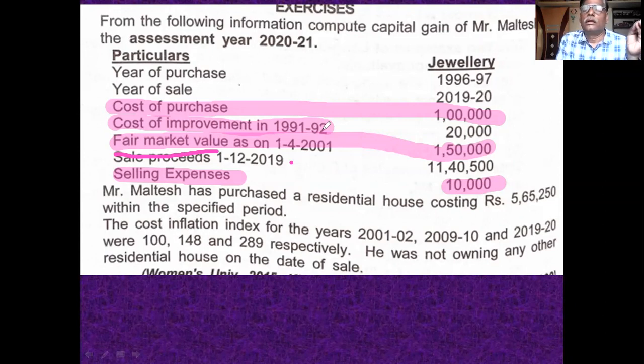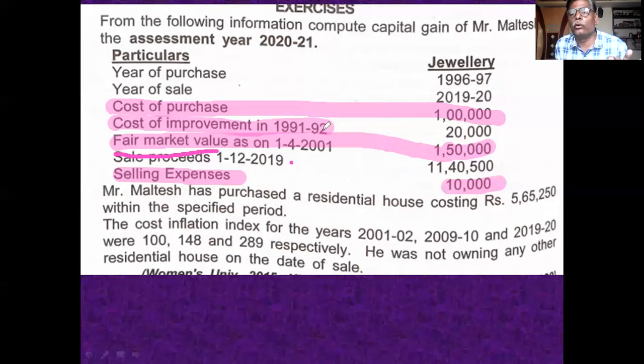And refund of cash is there, advance is there. You take that. These are the important points regarding the capital gains. First, you take the full value of consideration, that is the sale value. Second, you take the selling expense. Third, you take the cost of acquisition. While taking it, you must be careful whether we have to take the cost of acquisition or fair market value.